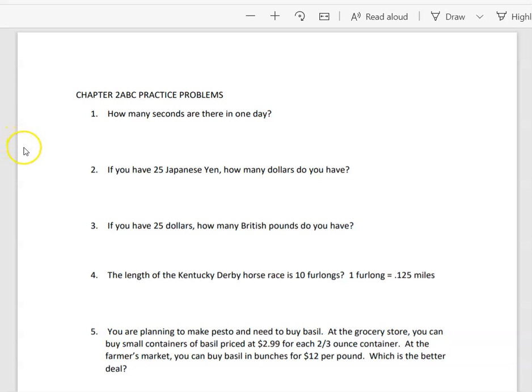Okay, so let's use this time to talk about a few extra practice problems in Chapter 2. If I want to figure out how many seconds are in one day,